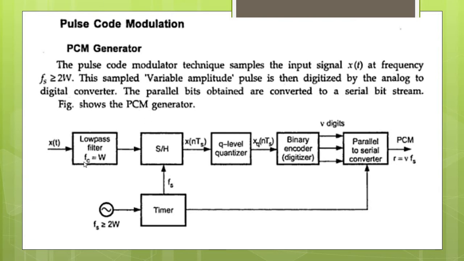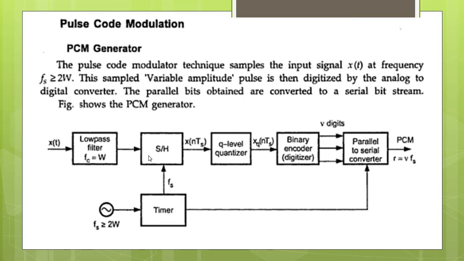If you see the first block, we have a low pass filter. The input signal is an analog signal which is fed as input to the low pass filter. This low pass filter is used to remove any noise which is present in the signal. Then we have a sample and hold circuit. The analog signal, which is free of noise coming out of the low pass filter, is passed through a